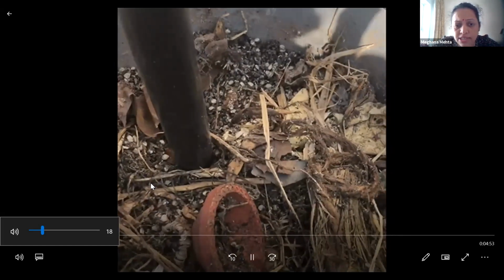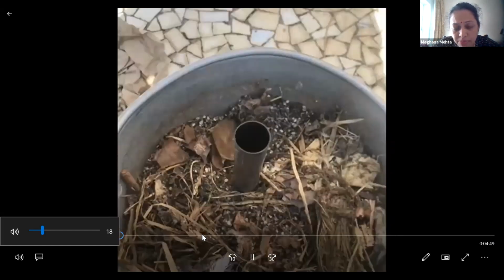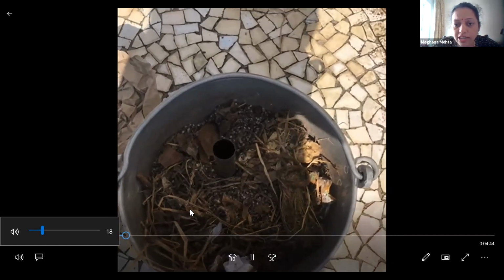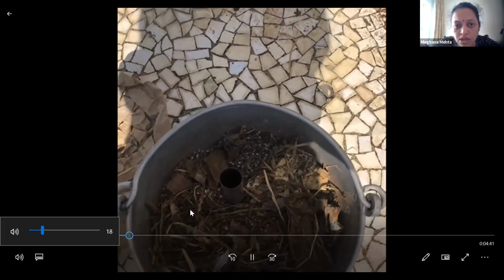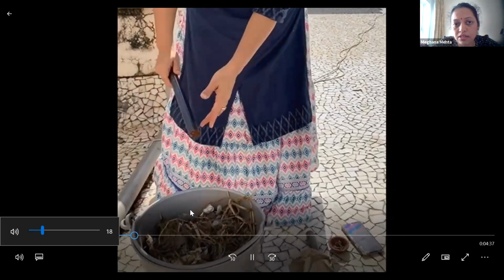Now I'm going to empty this compost and show how it is exactly 1.5 months old. The bucket was initially full. Now the level has gone down. The temperature of this compost has gone down. So now it is empty. Now I take the rod and you see there's soil on the rod.